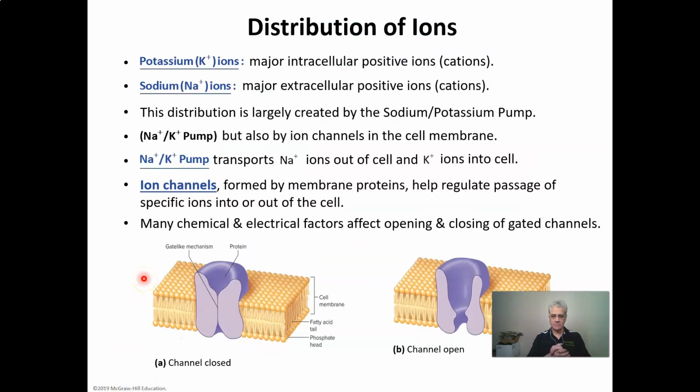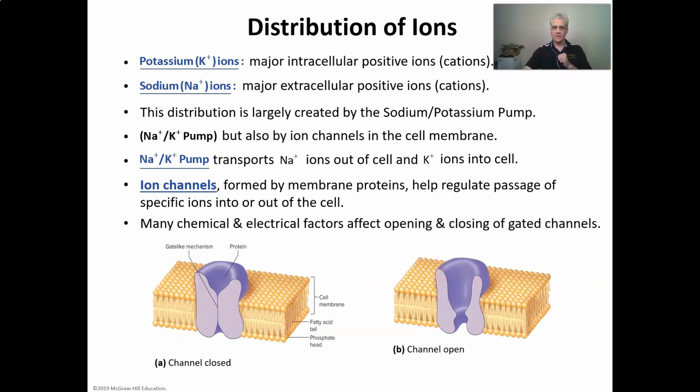All right, how does it do this? You have to understand, I'm going to have to move so I get out of the way. There I am. Okay. We talked about an unequal distribution of ions across the cell membrane of a nerve cell. How does that happen? Most of the unequal distribution occurs because of this thing called the sodium-potassium pump. It's sometimes referred to as the sodium-potassium ATPase. The reason it's called that is because ATP is necessary. That means energy. Energy is necessary to distribute sodium and potassium in an unequal